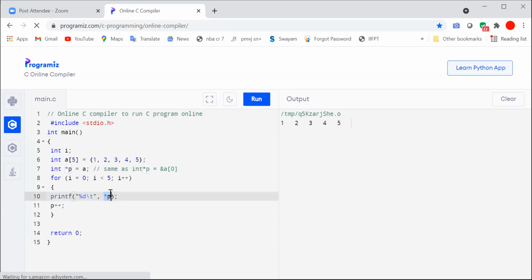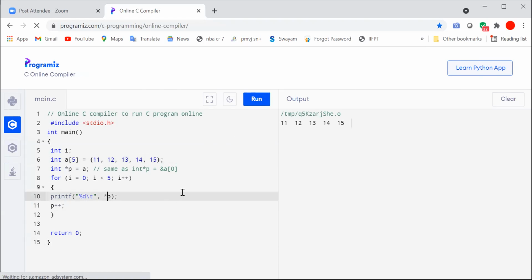So p holds the address, and star p means the content of the address. Say, for example, if you are giving the values 11, 12, and you display, it will display 11, 12, the content.